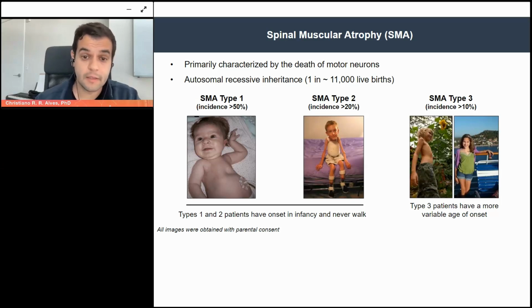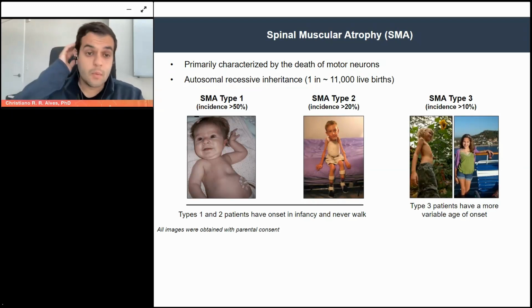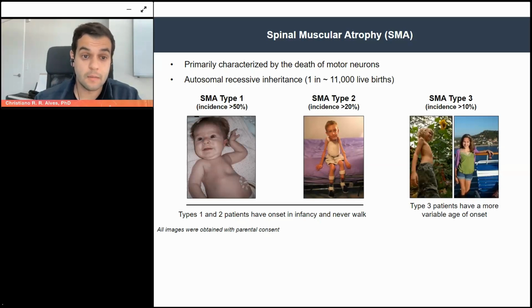Just to be very clear and to highlight, this is a very severe condition. In type 1, depending on ventilatory support conditions, we expect these babies to die by 2 years old. So it's a really, really severe condition. The natural history of the disease is very severe. That said,